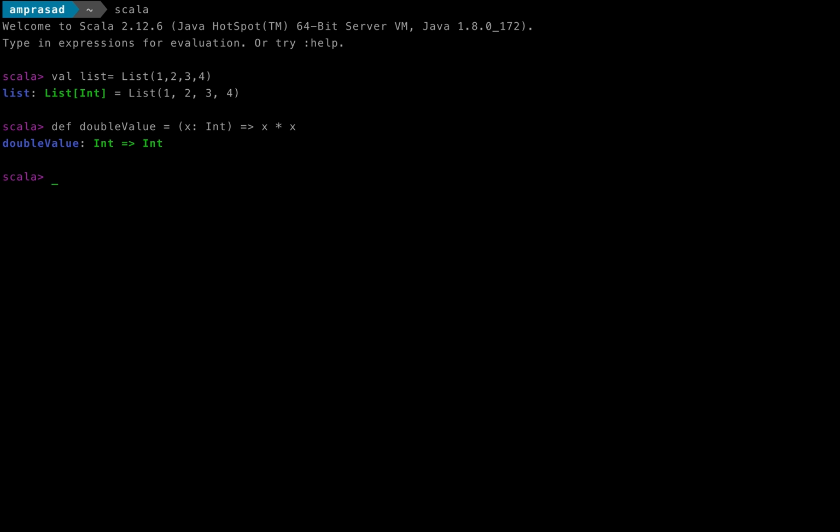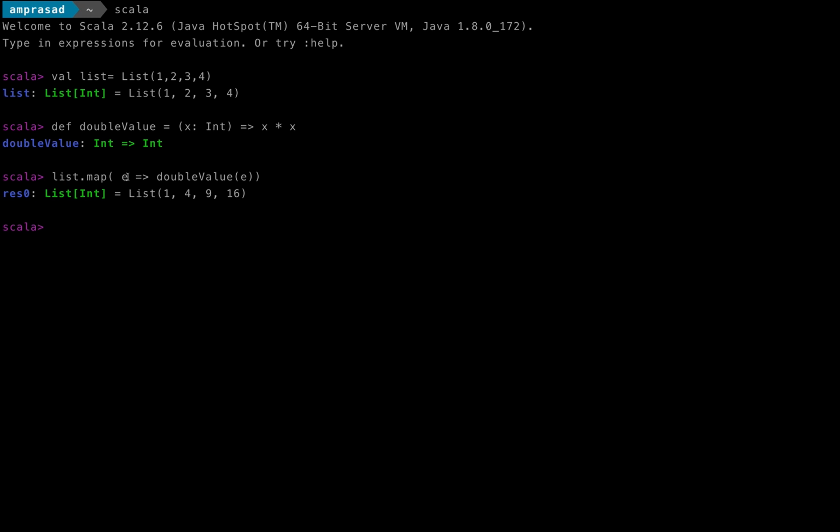So we'll say list.map, and then we have each element as e. Now we will say doubleValue of e. If you see the result, we have 2, 4, 8 and 6.